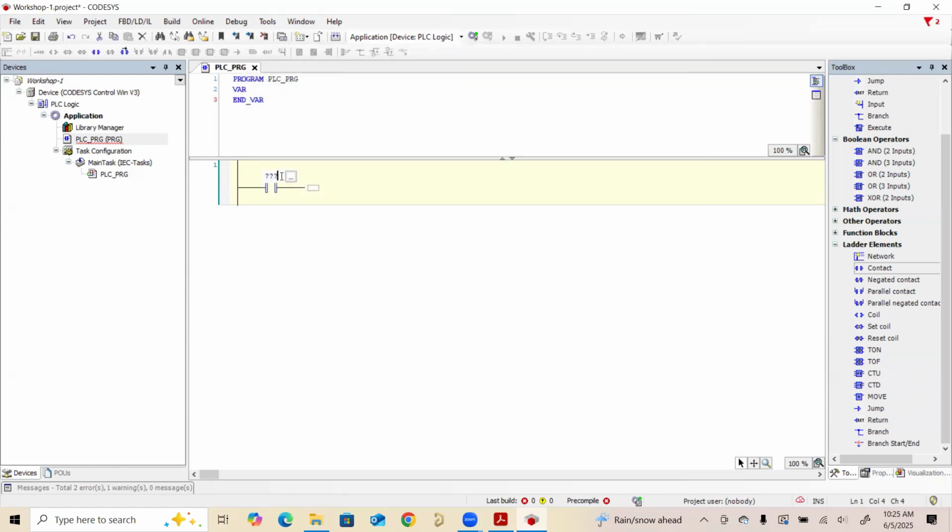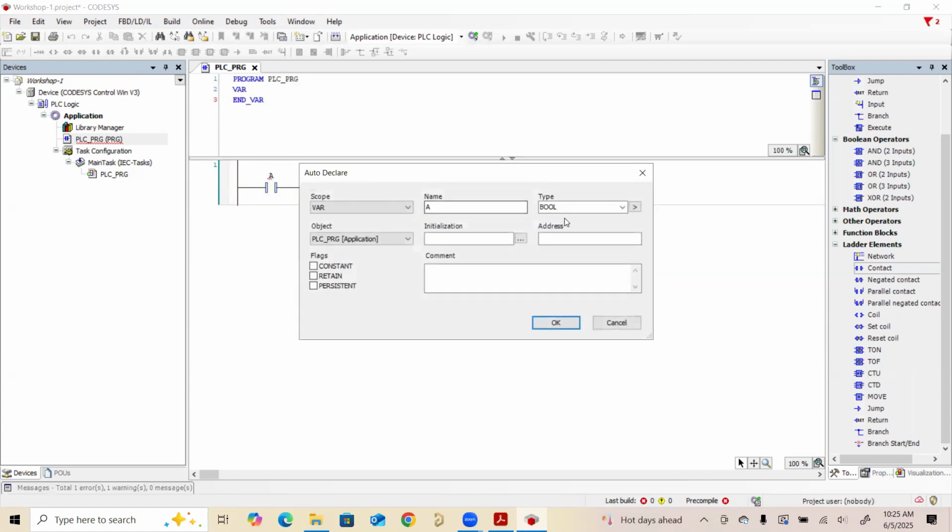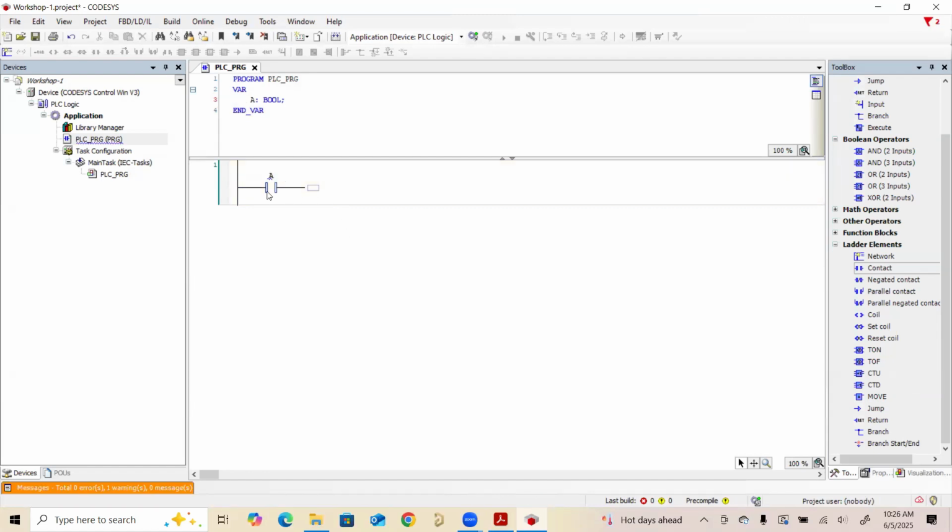Now we can delete this and type A and enter. Then it will be referred to this window. So our variable name is A and the type is Boolean. Bool means Boolean because it can have either 1 or 0, right? So the variable name is A, type is Boolean, then press OK. Right. So we have successfully created